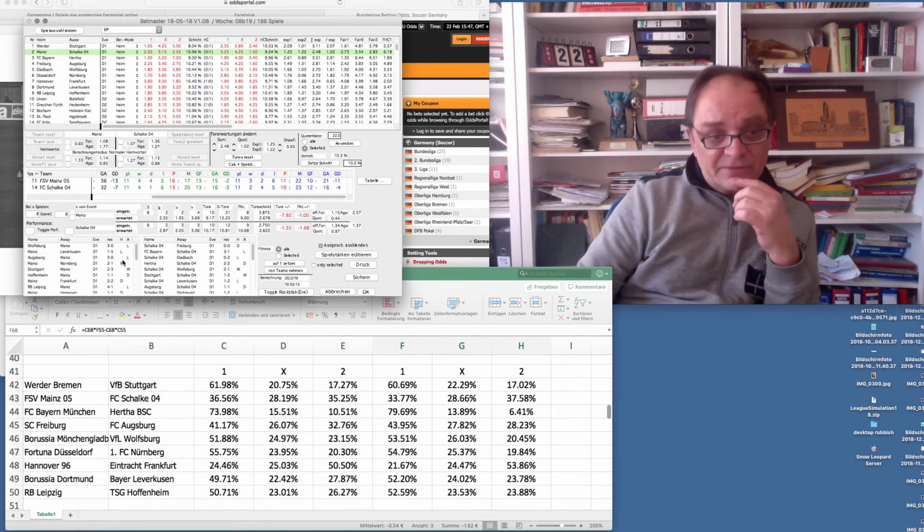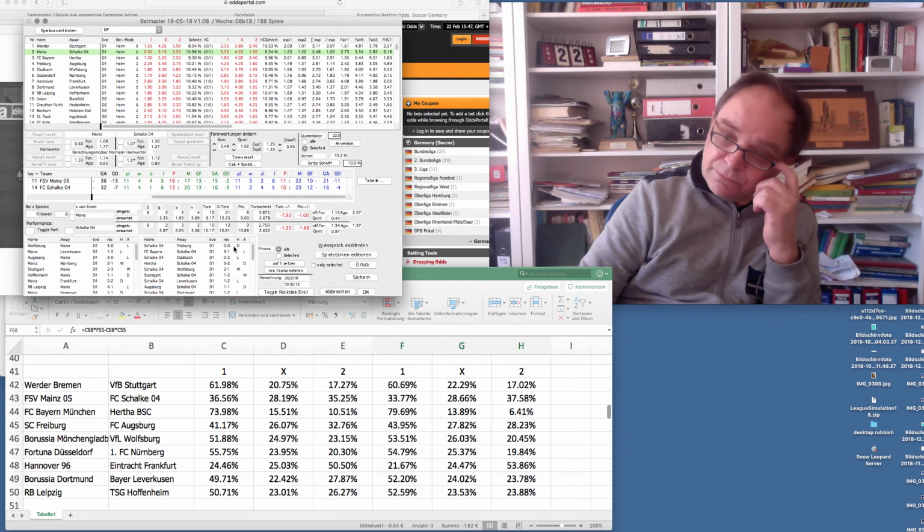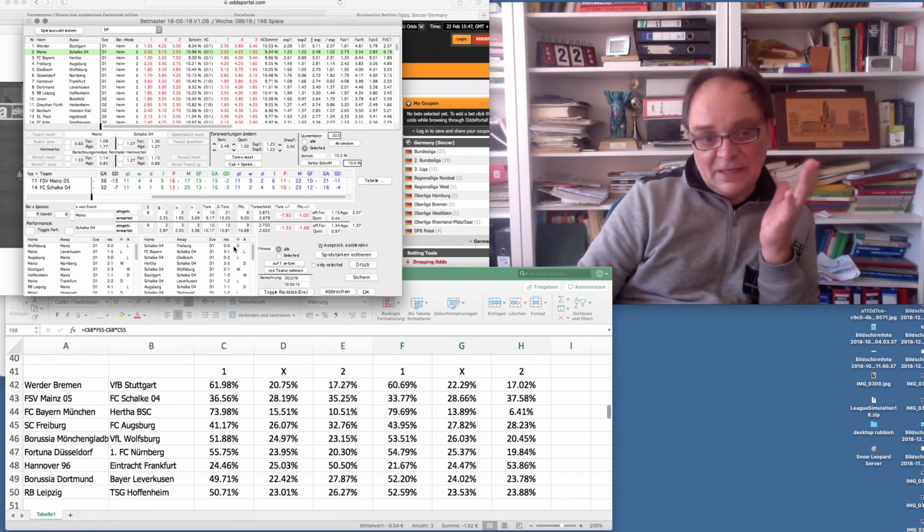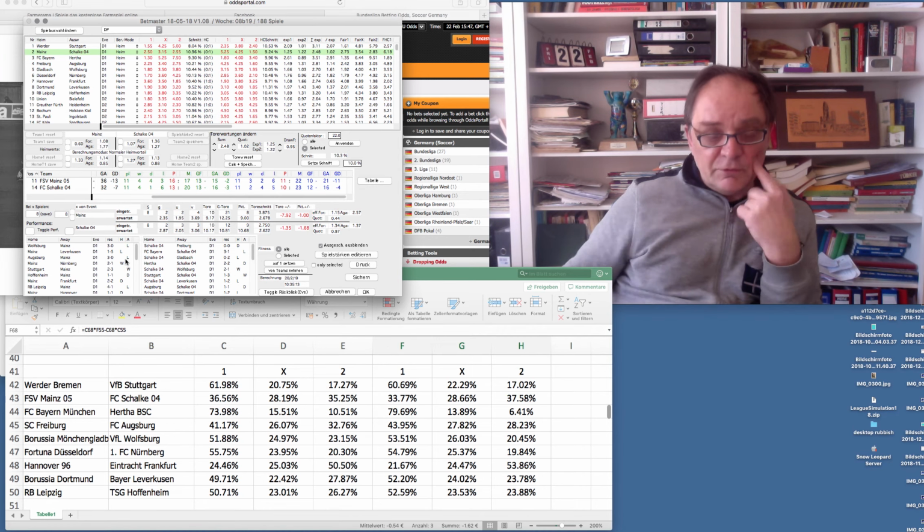I know that Mainz lost their last 3, which might be the answer why the market is against them somehow. 3-0, 1-5, 3-0. Okay, 3 losses. But here we don't have a lot better. They drew against Freiburg. They could have lost there. They were not the better side, but they were 10 men. But they lost here as well, and then they have 1 draw, so it's 2 draws in 4, which is not a lot better than this, actually. Mainz would even have 1 point more out of the last 4 games. But if you remember those games,